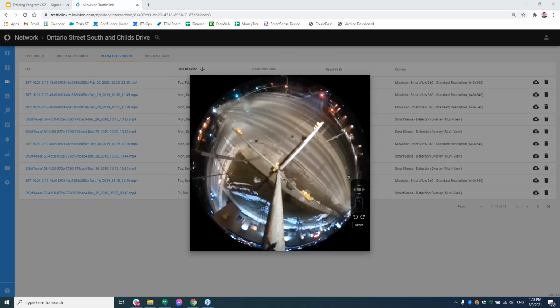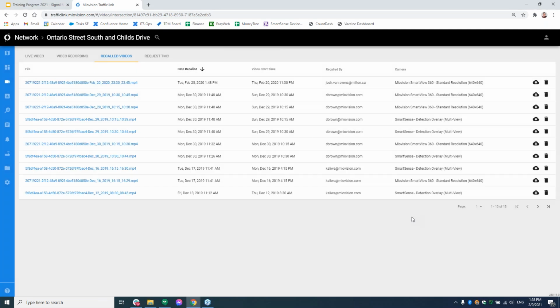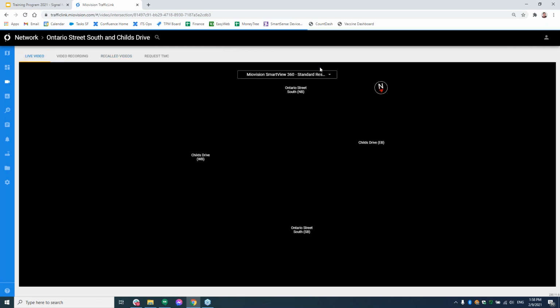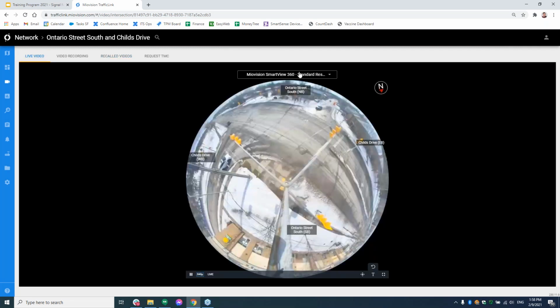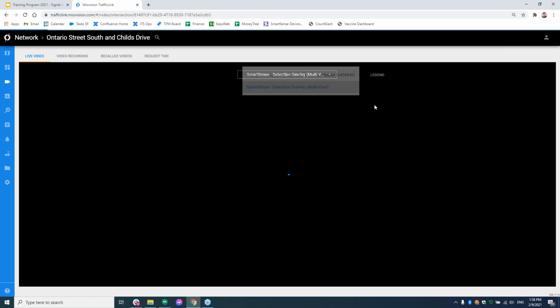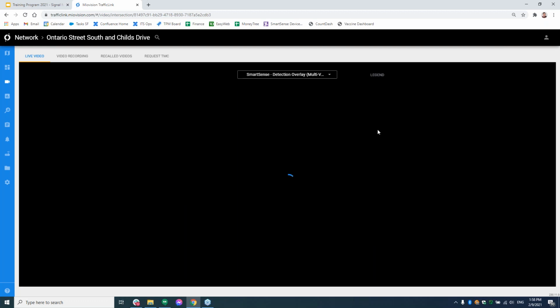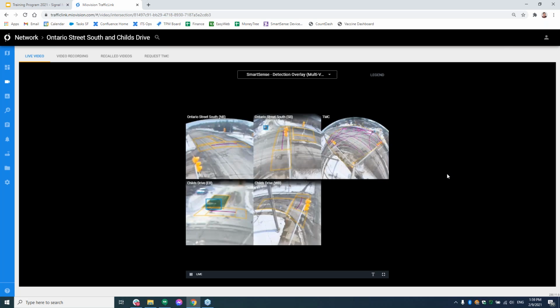Is Myovision working on flattening the live video stream? This topic actually comes up quite a bit. It is something that we have to iterate towards. By that, what I mean is we have this concept of the detection overlay, where we've divided it up into 5 different views, or 4 views, depending on your particular intersection. So we've essentially done the work to allow us to change the views of this camera. But when you configure it, you have to actually select these views today.